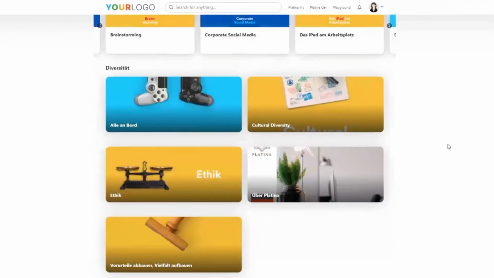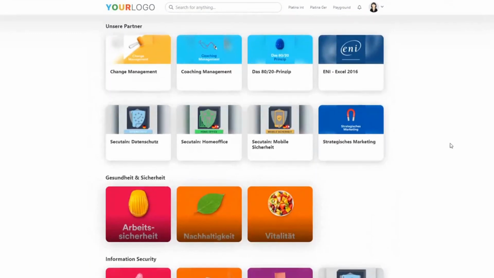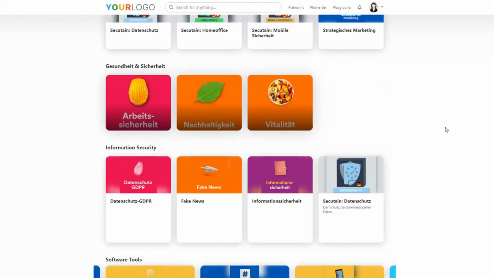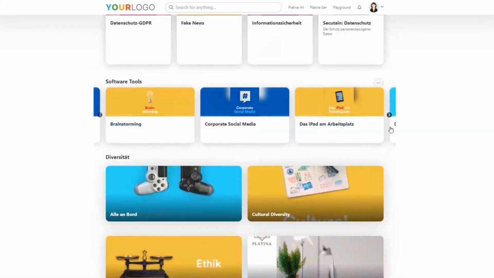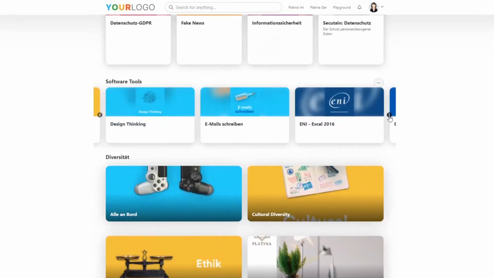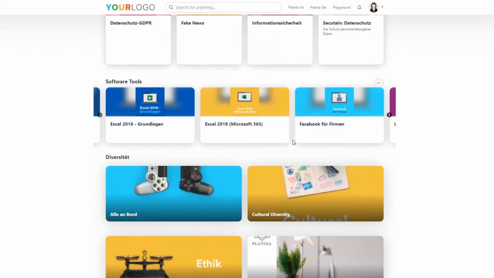So in an actual academy, it might be handy to display important contents a bit bigger than contents that are not so important. Like, for example, here for the software tools, we also use this slider option, which is also a nice way to display many courses, but you don't want to scroll that far down. So these are like two options on how you could build a portal for different parts of your organization, and